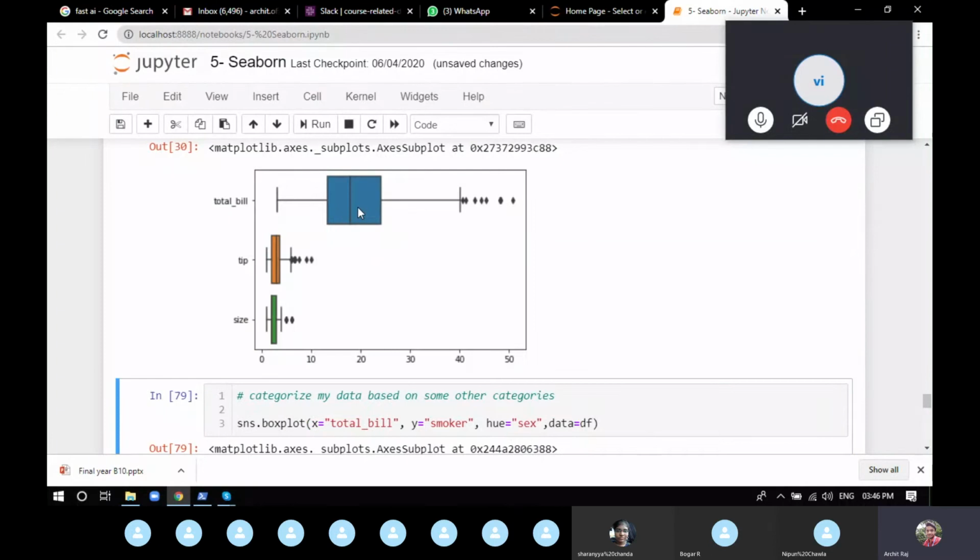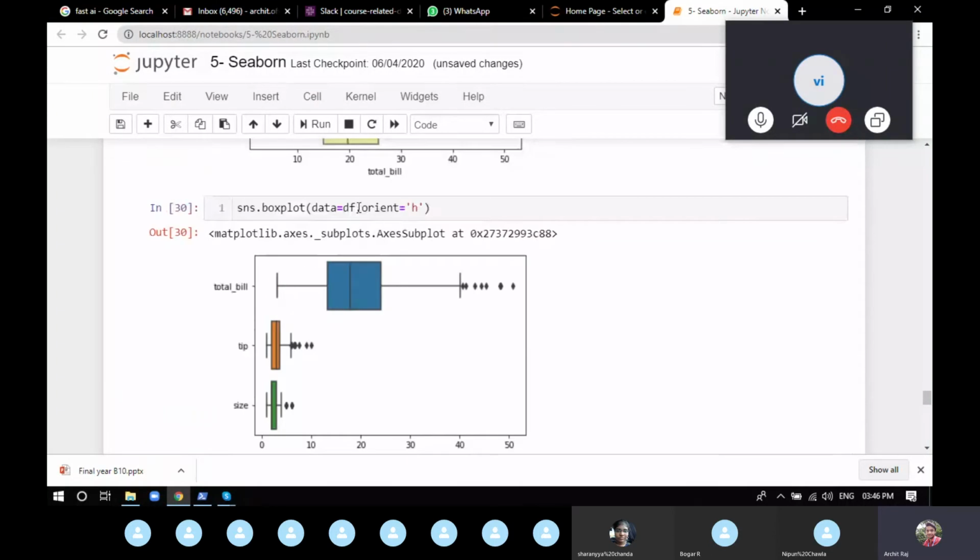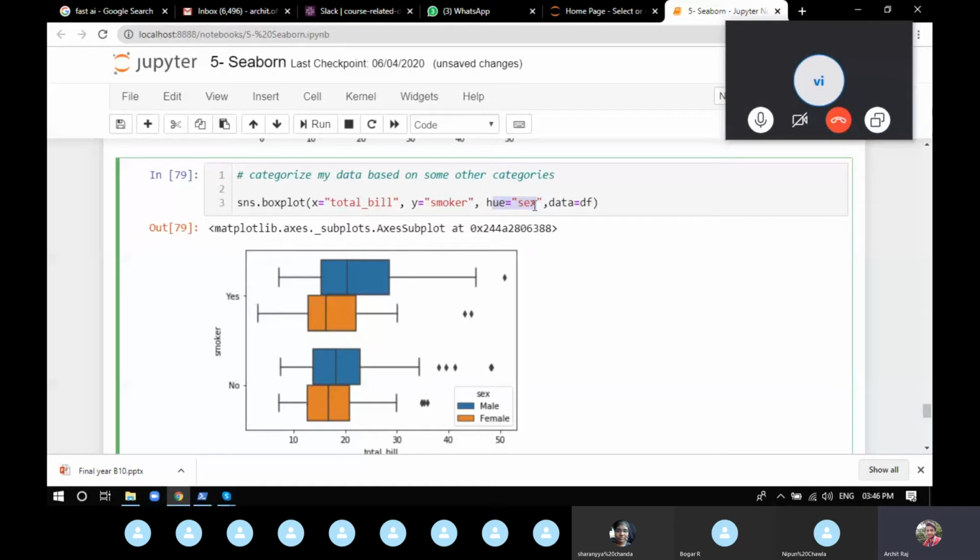There's one more thing that you can do in a box plot, which is the hue. If you want to categorize the data by any categorical value, either sex, smoker, or size, you can use the parameter hue here.